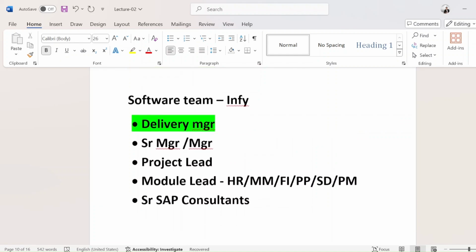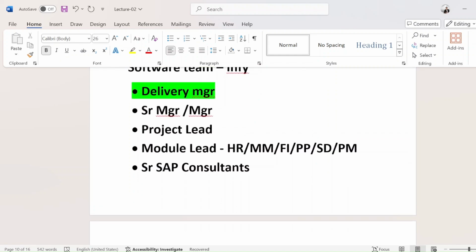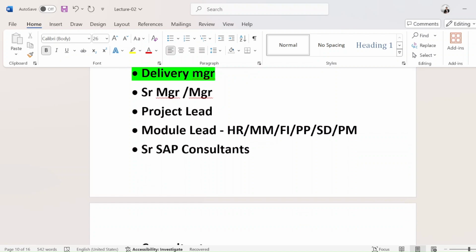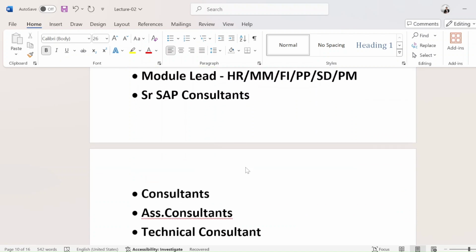So in a support project also these consultants will be there, but their task will be to resolve all the issues and errors. And in real time we call these errors and issues tickets.